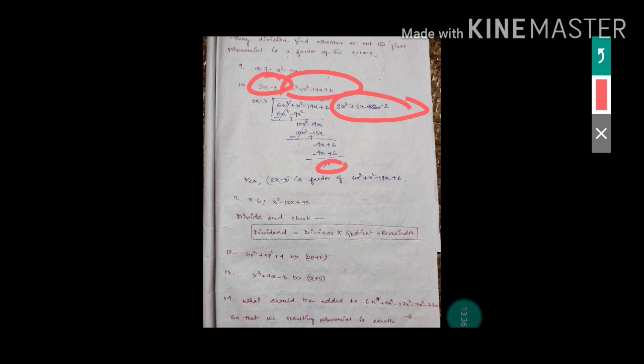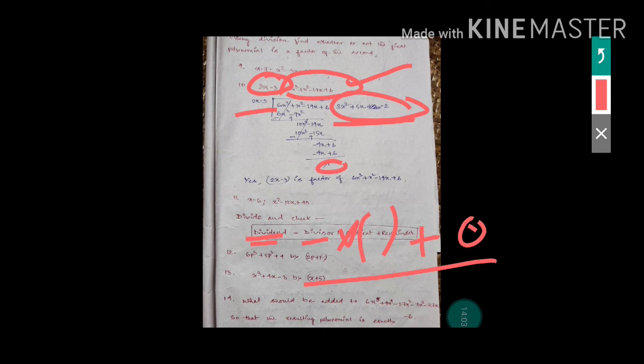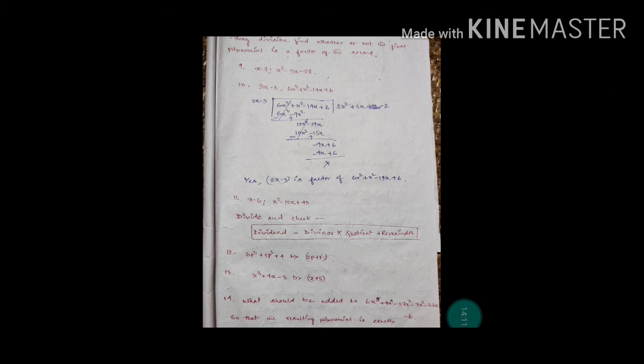So you have to check. First write which one is the dividend, this one is the dividend, you write here. After doing the division process, up to this you have to do first. Then the divisor you have got, 2x minus 3, you write here, then multiplication, the quotient, this is your quotient, you write, and after that 0, because the remainder you are getting here is 0. Whatever you have got here, do the multiplication. If you do the multiplication, then check whether you are getting this dividend or not. If you are getting it, then it is verified, that is all you have to check.